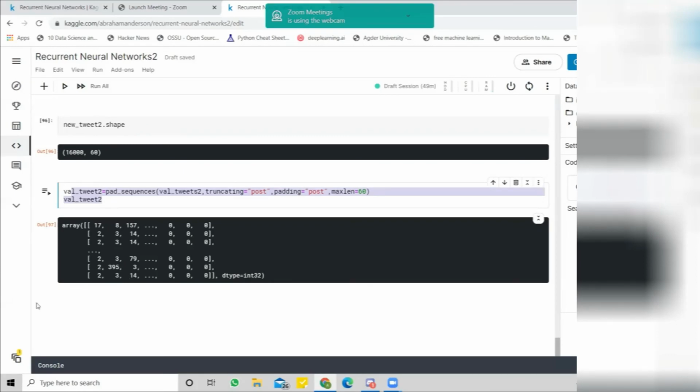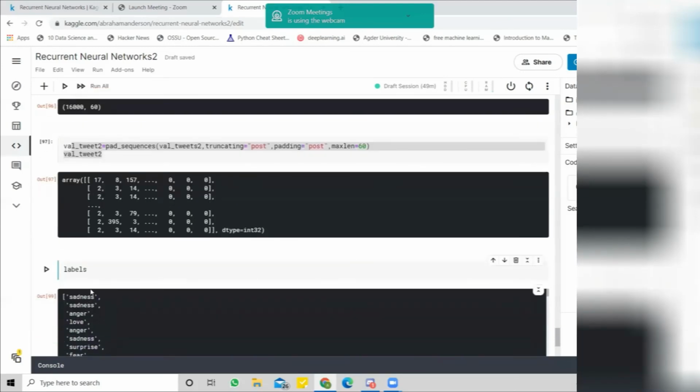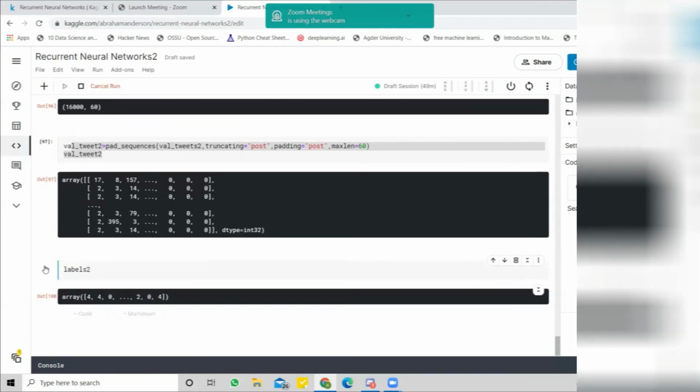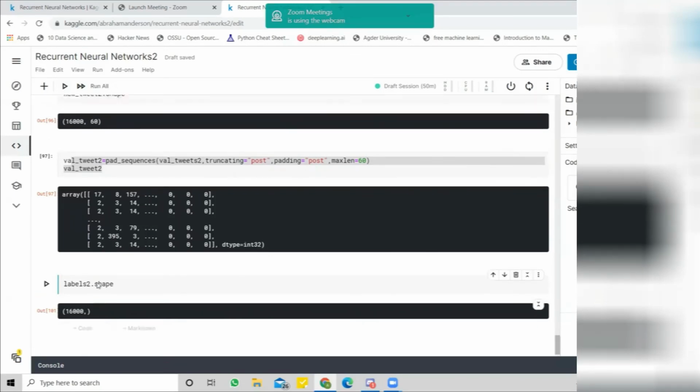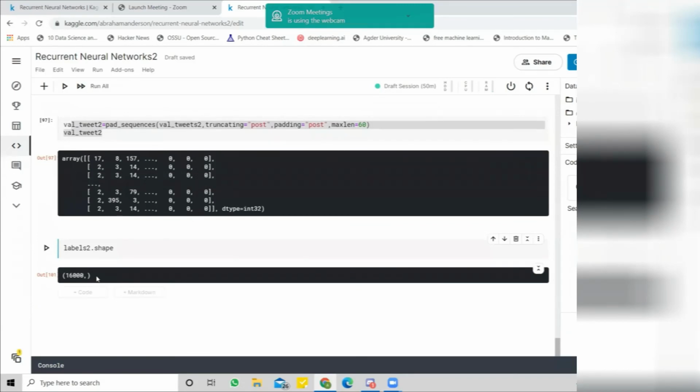Let's see our labels, right? In order to use a machine learning algorithm, we always need numpy arrays for labels too, right? Therefore, I am checking whether it is an array or not. Yes, it seems it's an array, no problem.